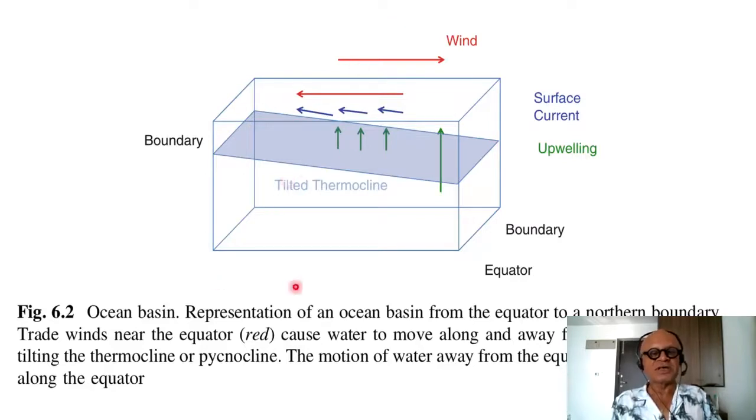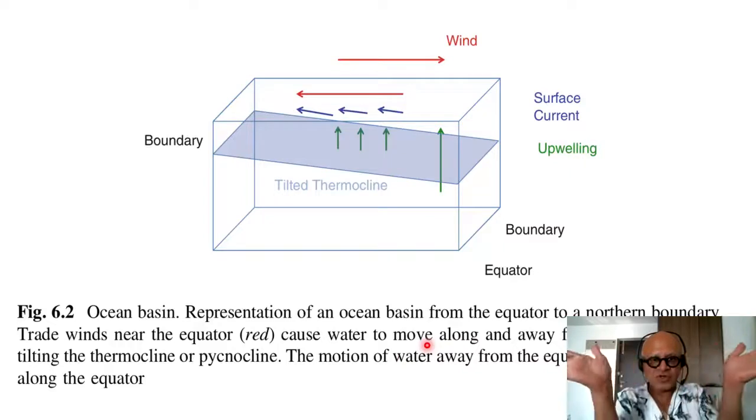So here is an example, a representation of an ocean basin from the equator to a northern boundary. Trade winds near the equator in red and westerlies away from the equator cause water to move along and away from the equator because of the Coriolis effect and tilting of the thermocline or pycnocline. The motion of water away from the equator causes upwelling. So if you have